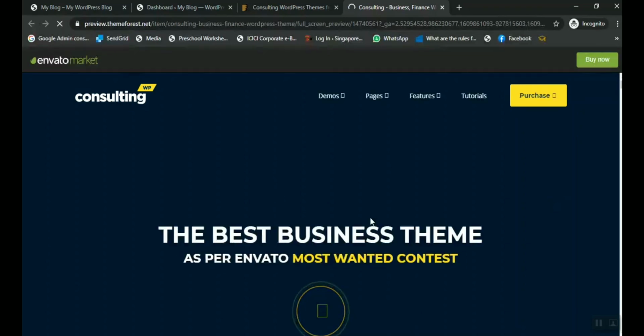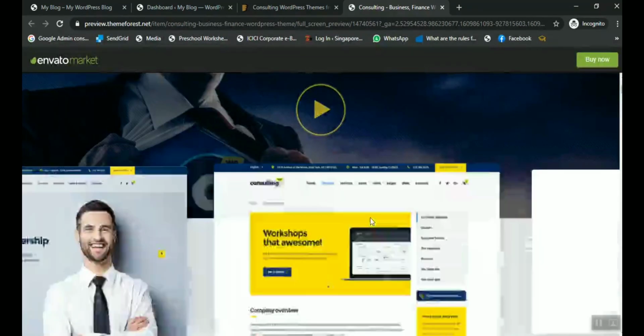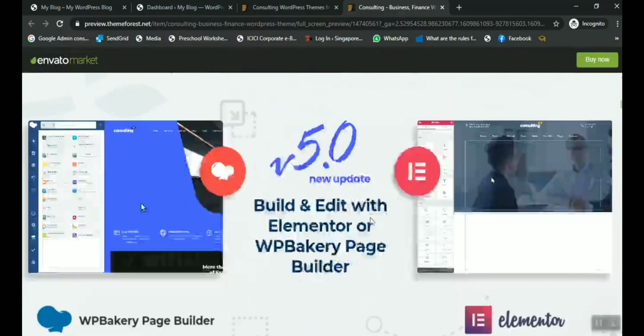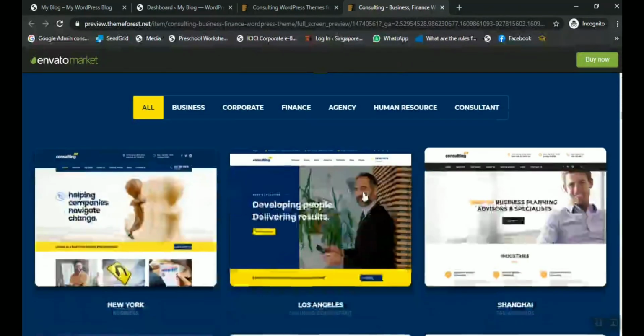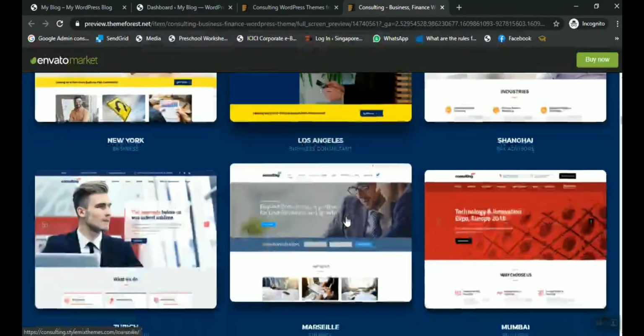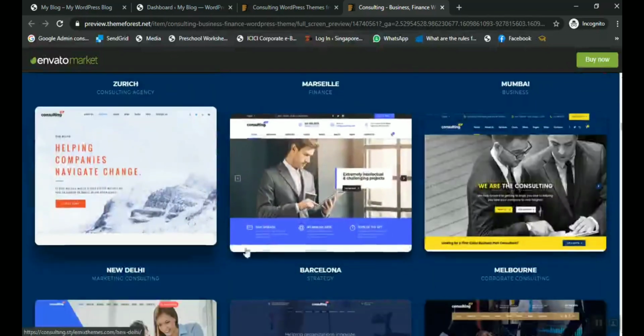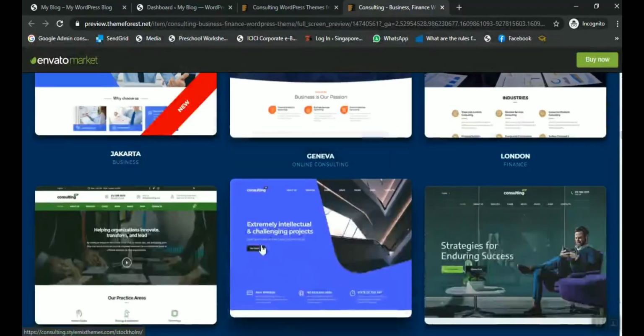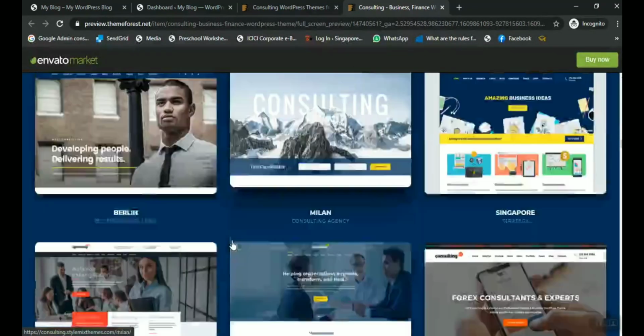Once we click on the preview, we can see the page opens here, and we can see more demos at the bottom of the page. Choose a demo. We can choose any demo. I will look for the consulting one.